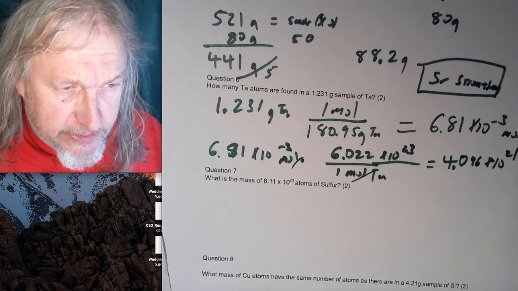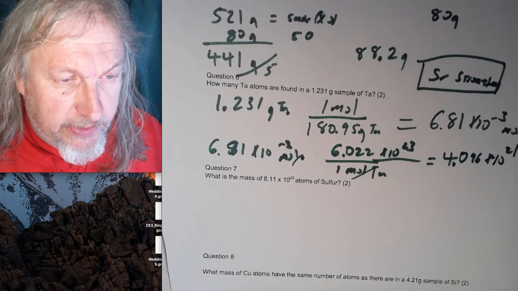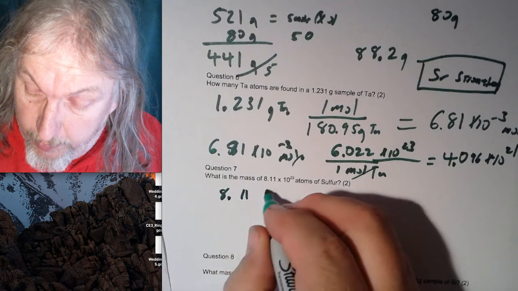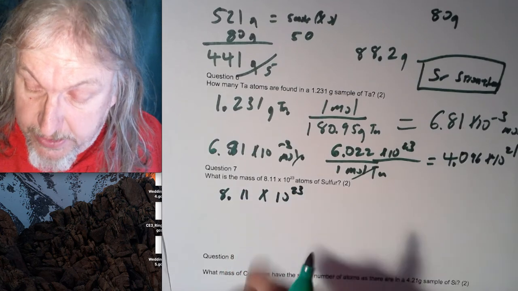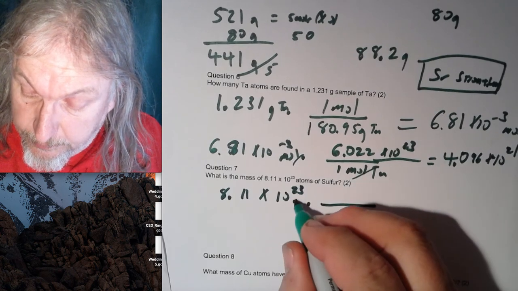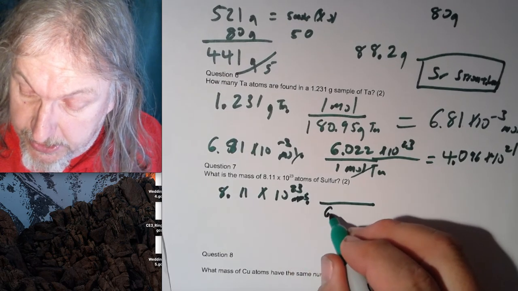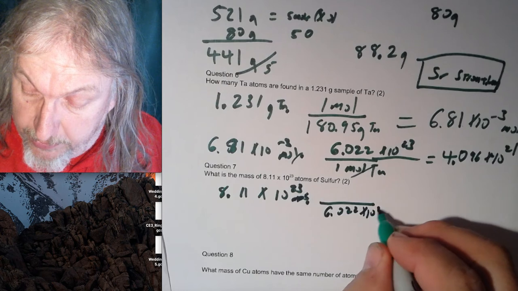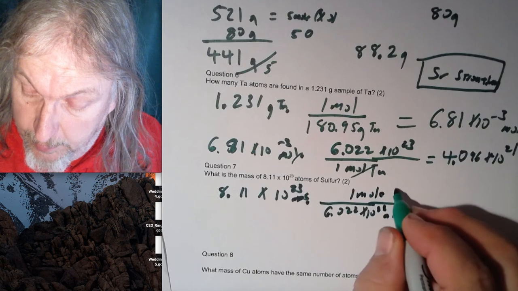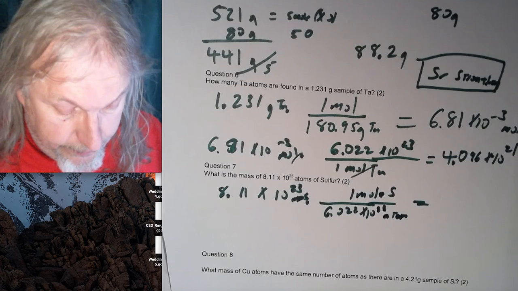Look at the next one. What is the mass of 8.11 times 10 to the 23rd atoms of sulfur? Alright, let's write down our known. 8.11 times 10 to the 23rd atoms, similar to the other problems. Alright, we've got to get it into moles. Alright, S. So there are 6.022 times 10 to the 23rd atoms in 1 mole of sulfur. And if I do the math on that, 8.11